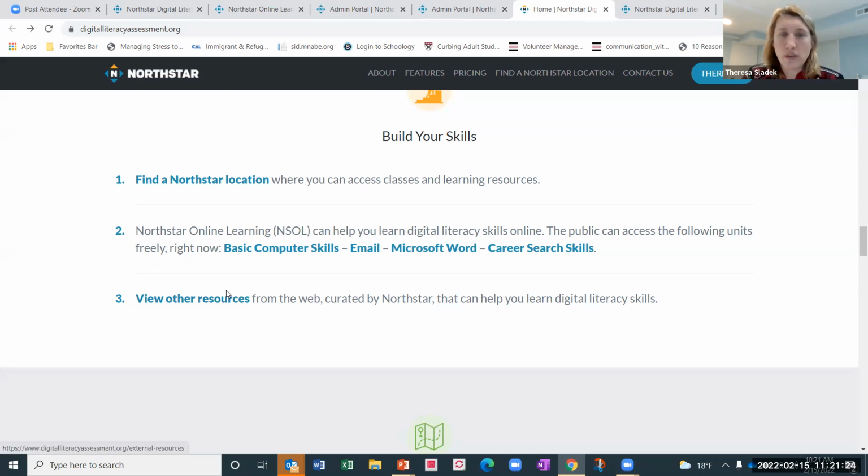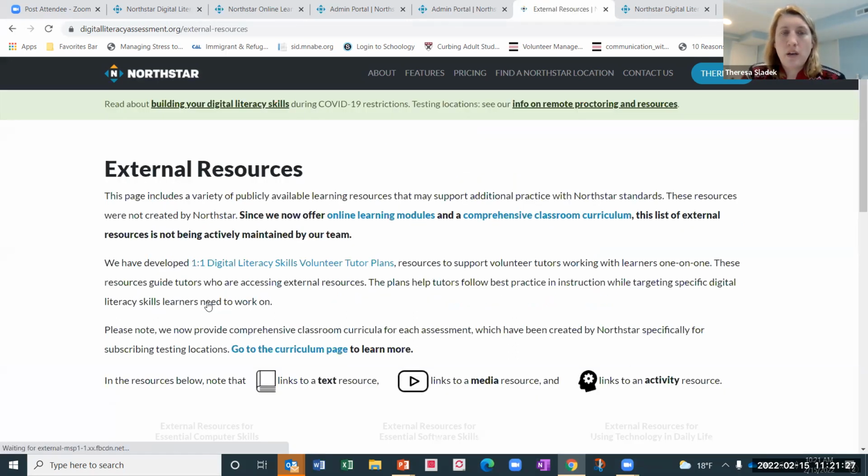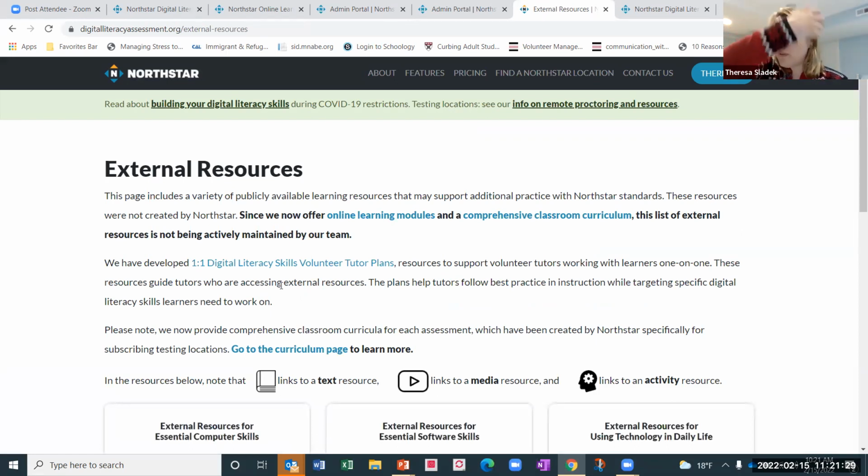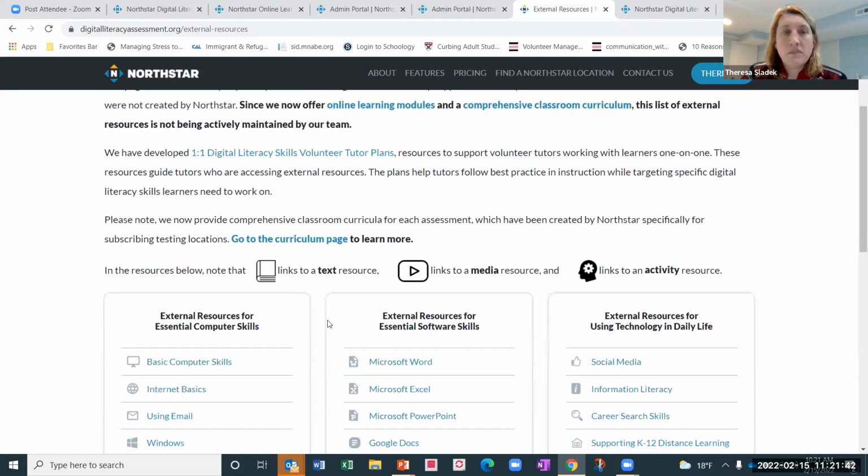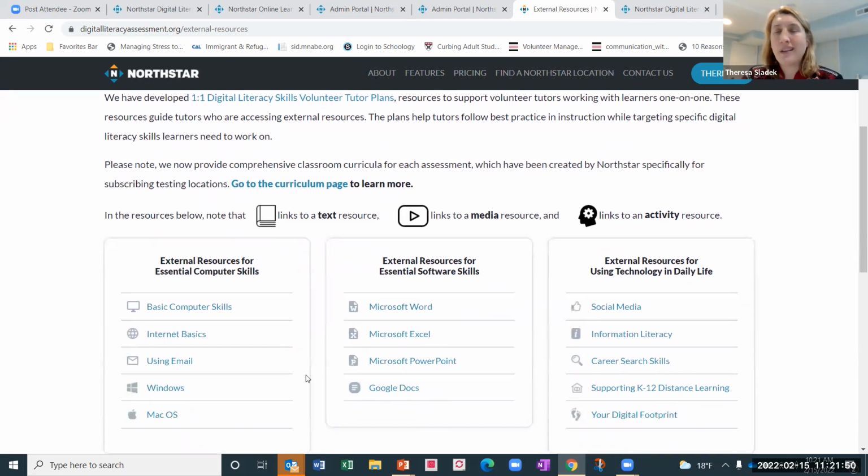here under view other resources, this is where, we know that we don't have curriculum for every single unit, almost all of them, nor do we have the self-directed online learning for every unit. So we decided that we would curate a list of free websites that were not made by us, that we felt were in line with our standards. We created this probably a year and a half ago, and I will say we aren't maintaining the links, so there may be some dead links in here. But